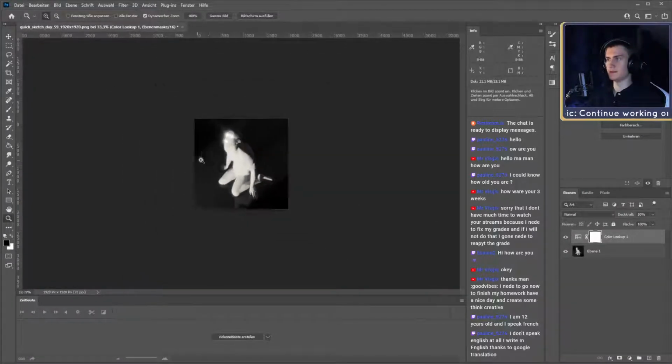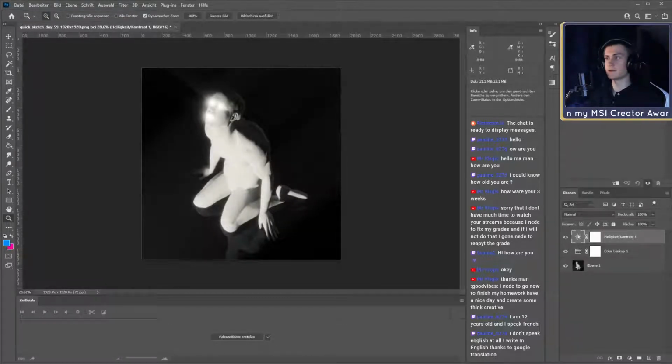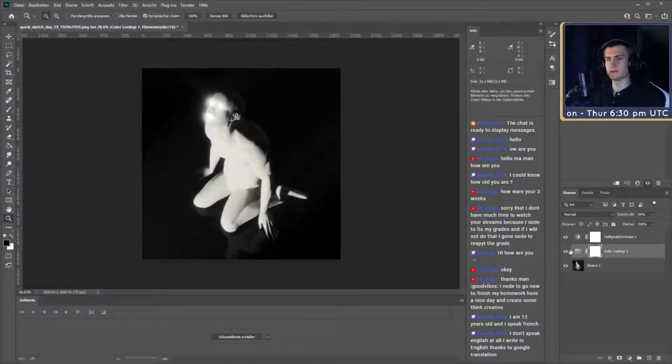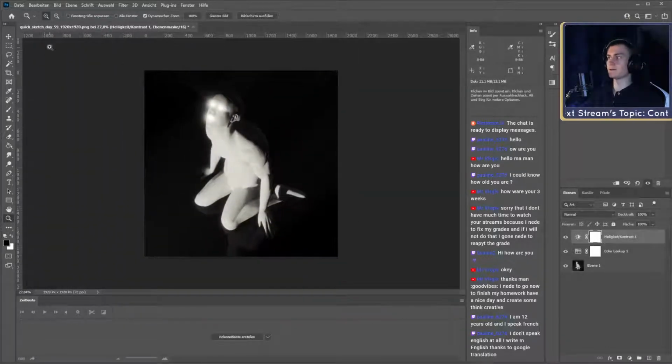So the next step would be, we could probably bring in a contrast layer. Just strengthen it even more. There you go. Actually, do we need more brightness? I like this yellow tint. I kind of want to keep it, but we could probably decrease the brightness a little bit. Okay, that's better. So we can actually see the outline of his eyes.